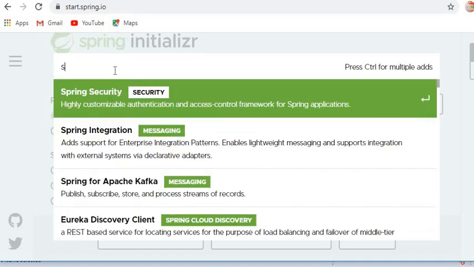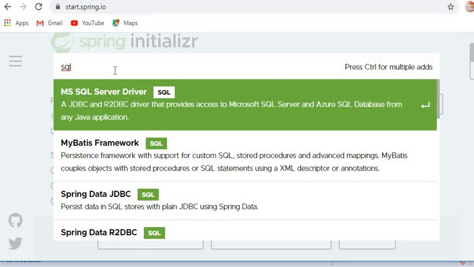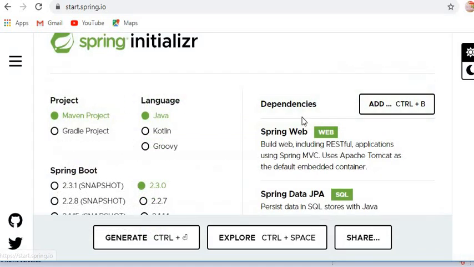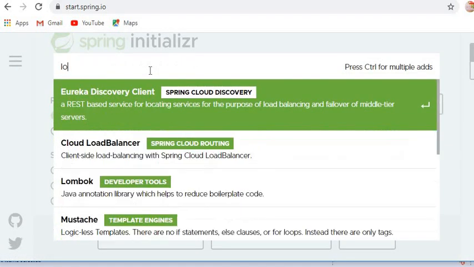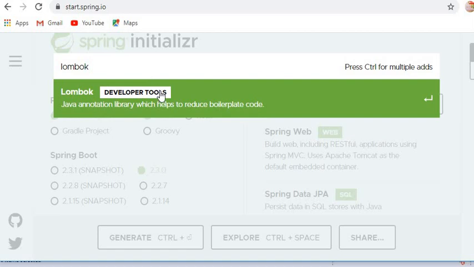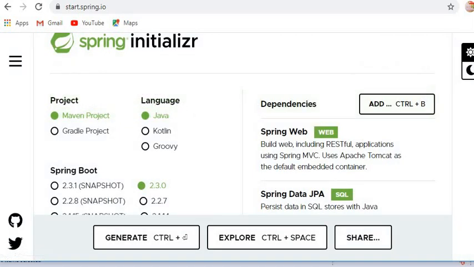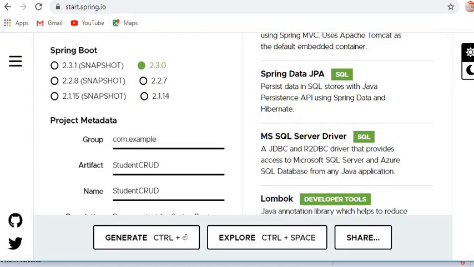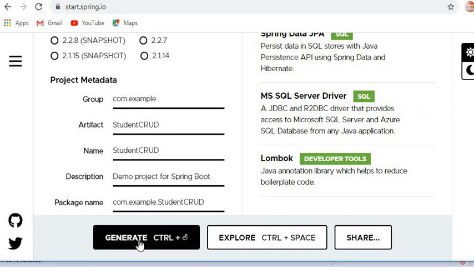So here I will add one more dependency, that is MySQL server driver, and the fourth one is Lombok. So here I have added 4 dependencies, and now I will generate the project.